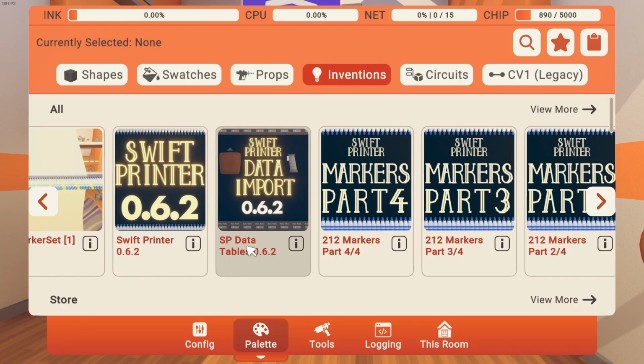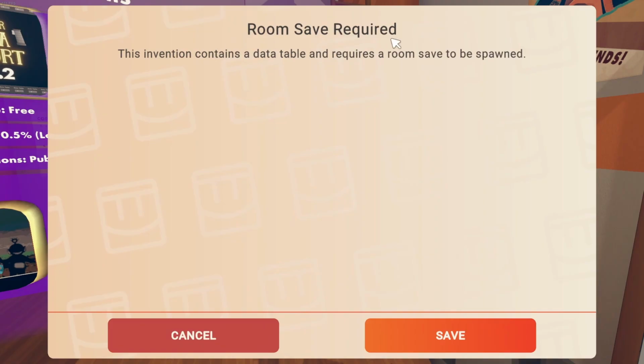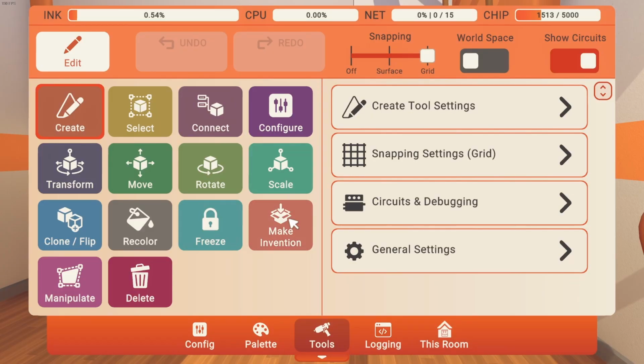Make sure you spawn everything through the store page. So you want to do the same for data tables. Click on the eye, view and store, and spawn. You see room save required, so save. Once you're back from your room saving, pull out your maker pen again, go to your palette,